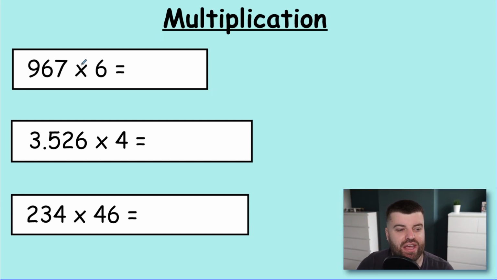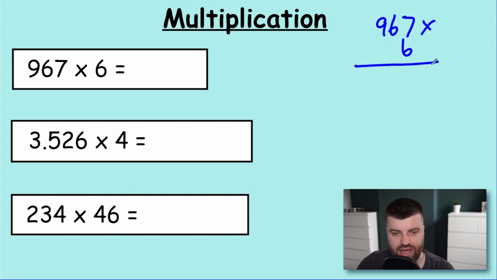Okay, let's take a look. 967 multiplied by 6. Again, did I choose easy times tables? No, obviously not. 6 times 7 is 42. 6 sixes are 36, plus the 4 is 40. 6 times 9 is 54, plus the 4 is 58. So we have